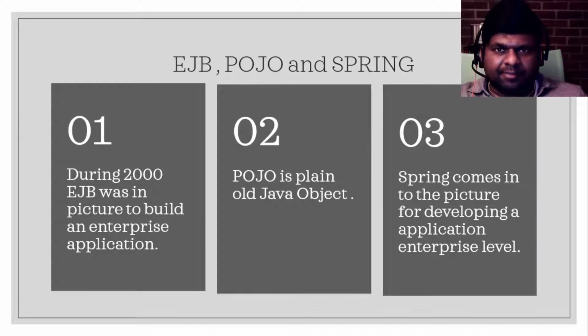During the 2000s and before that, if you wanted to develop enterprise applications, the most famous option was EJBs. EJB was most useful to establish connections to databases and a lot of other related stuff, where you can have your objects storing some values, and these can be manipulated in your database as well as services. But one of the biggest drawbacks of EJB is the configuration. Whenever a new developer comes into the project, or whenever a specific person has to take care of what is present in EJBs